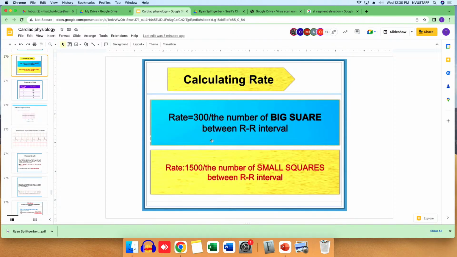This one? It is the same as the 300 one, but see, 300 is for bigger quadrants, and 1500 is just to calculate with smaller quadrants. It's the same, and we are using it when the rhythm is regular, meaning the distance between RR